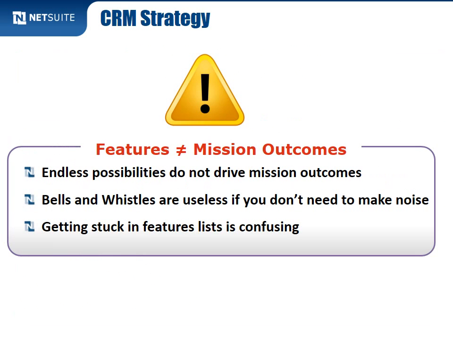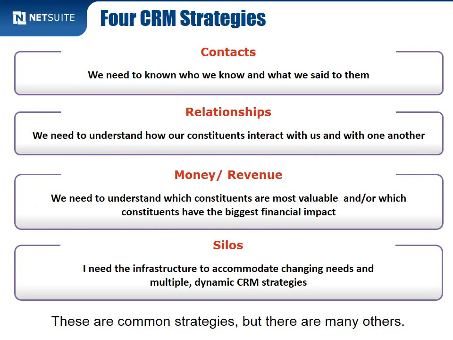But one of the things that can get you in trouble really quickly is starting to hear all the cool things that CRM can do. There are endless possibilities, and it can do all kinds of things. And quite frankly, figure out your strategy first, then figure out which features are relevant to the strategy, and basically completely ignore all the other features that aren't relevant to the strategy. Because the space is so big and so confusing, you need something to organize yourself.